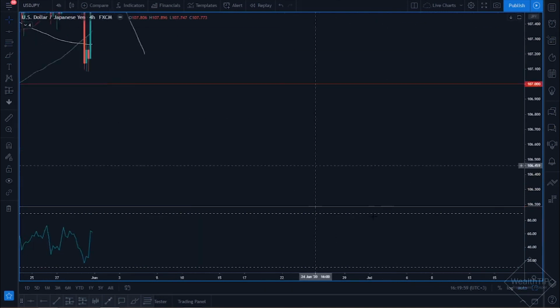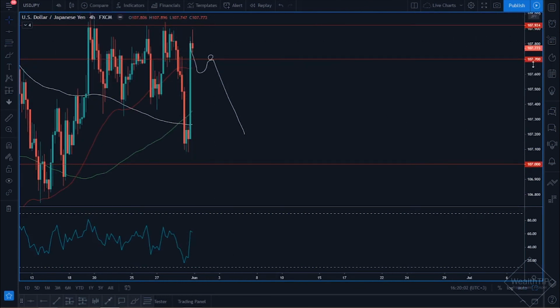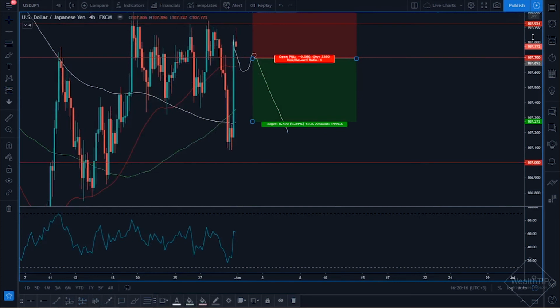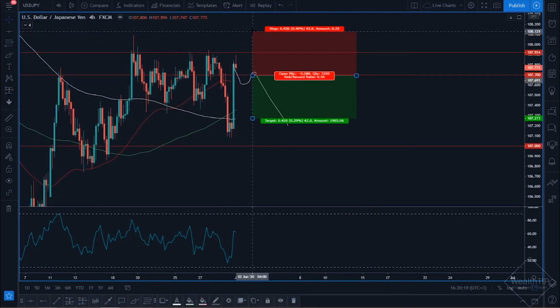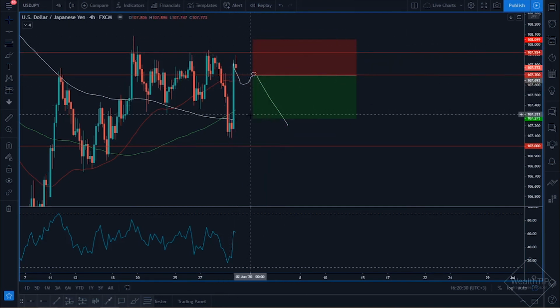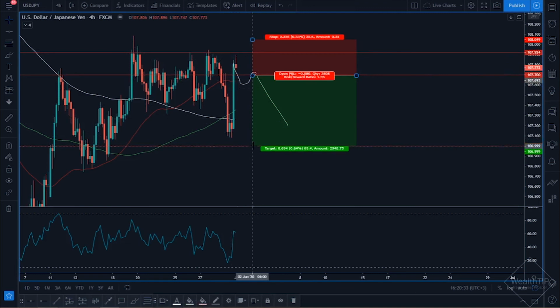And I will confirm this when I see the market breaking this 107.7 level of current support, retesting it as resistance, and then running all the way down to our 107.00. If we were to take this position at that point, even with a 35% stop loss, we would be well within our means of having this position protected and running it all the way down to here. That's almost a 2% return. If we were to make our stop loss a bit smaller, then you've got your 2% return.